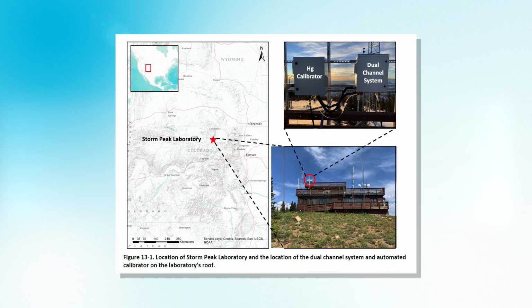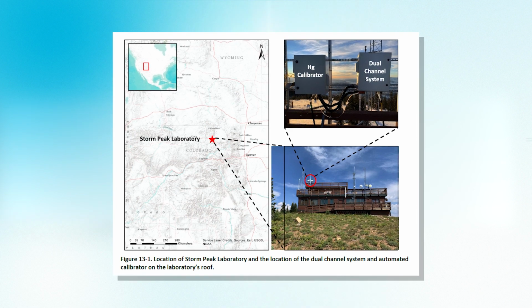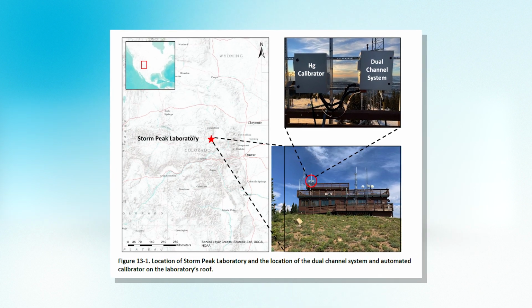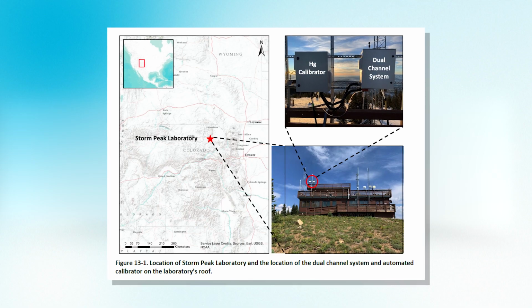One instrument that we've put together measures oxidized mercury indirectly. You measure total mercury, you measure elemental mercury, and then take the difference. And that's challenging because there's a lot more total mercury and elemental mercury than there is oxidized mercury, so we have to make very precise measurements. We've been able to do that and demonstrate that in a couple of cases.